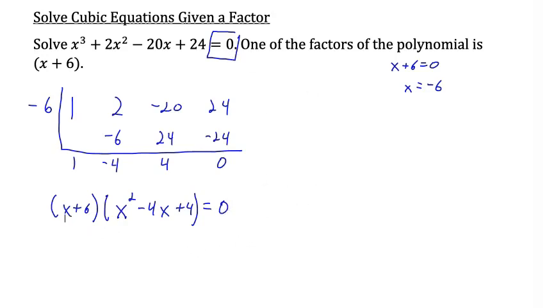Okay, so now we have this trinomial here, and we're hoping that it's factorable. So let's give it a try. We want two numbers that multiply to make positive 4 and have a sum of negative 4. Well, that would be negative 2 times negative 2. All right, so we can rewrite this equation as x plus 6 times x minus 2 squared,